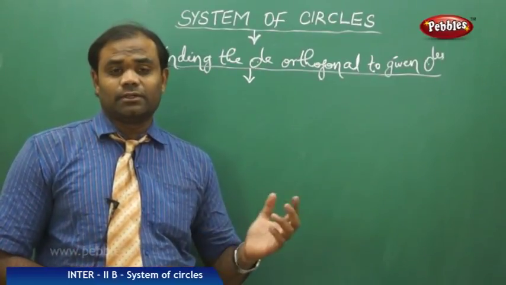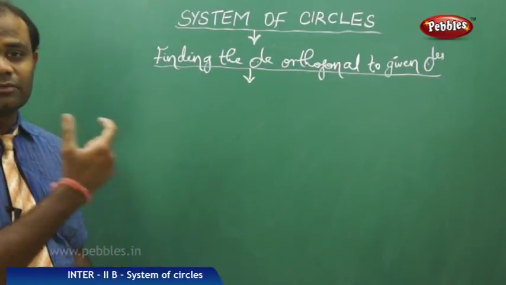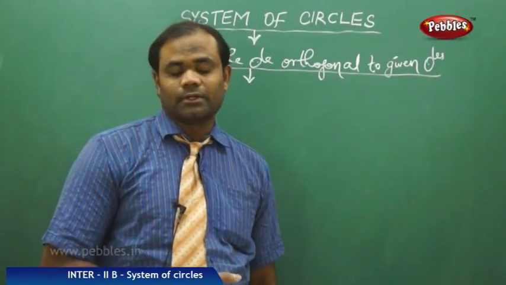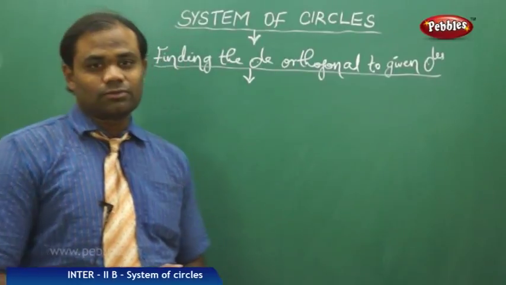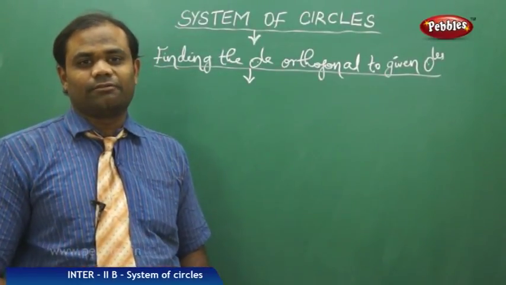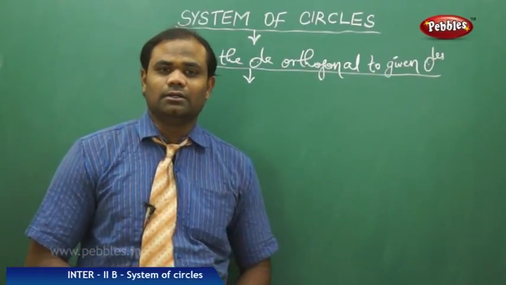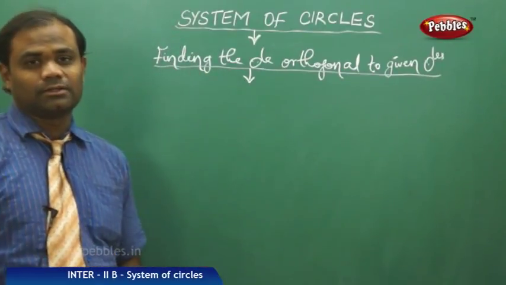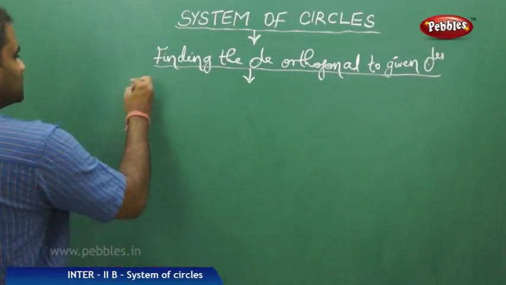suppose I have a question where I need to find the circle which is orthogonal to the given circles, then definitely this is very much connected to the previous session. If I want to find the circle which is orthogonal to the given circles, it is very simple: I find the radical center and the length of tangent, and I get the circle with center and radius. So let's see how we can do that using the previous session. Let's take the problem which says,